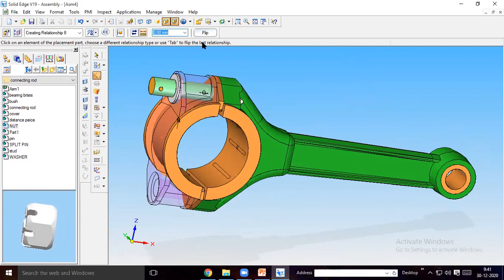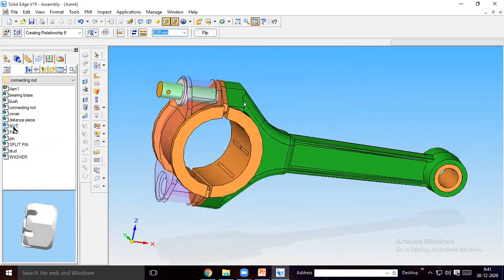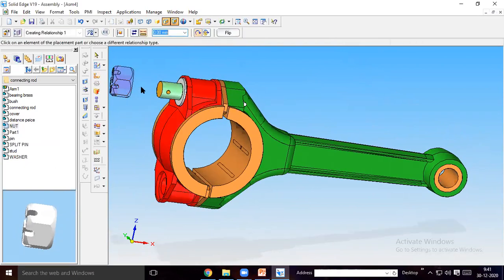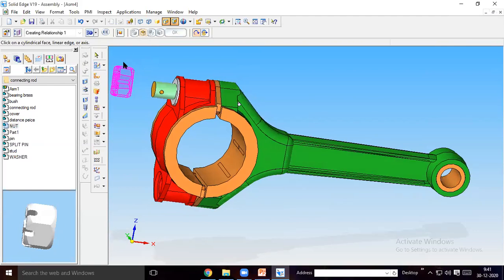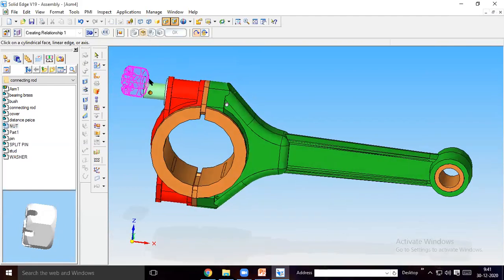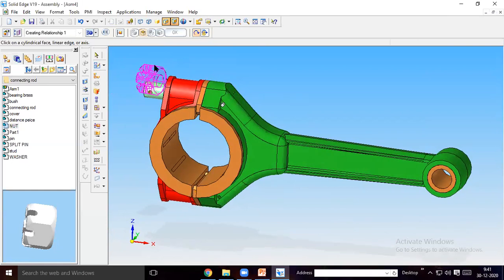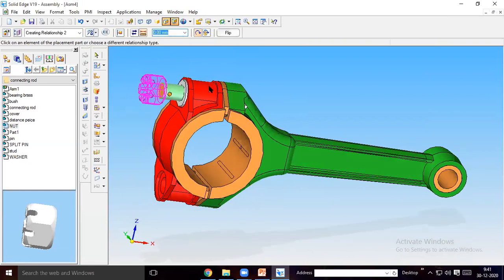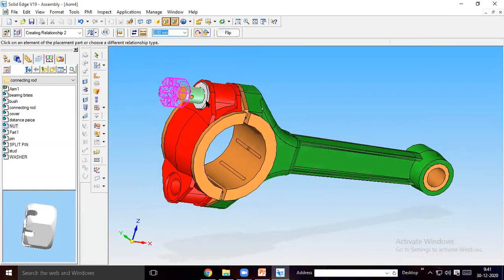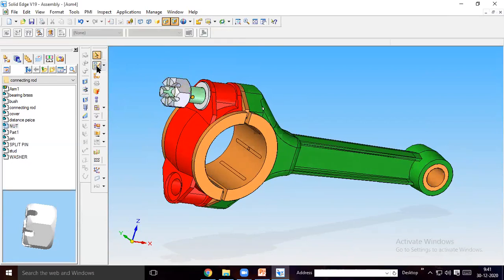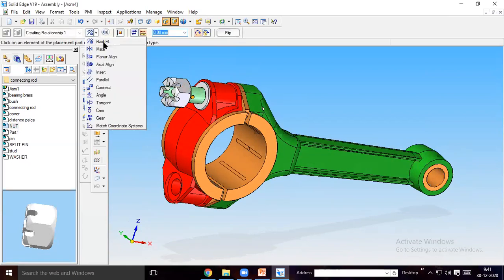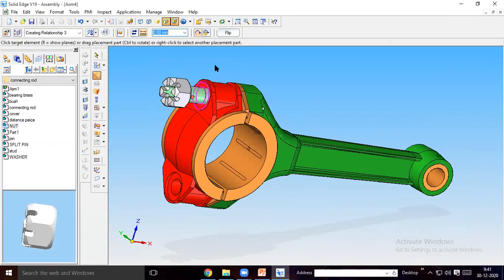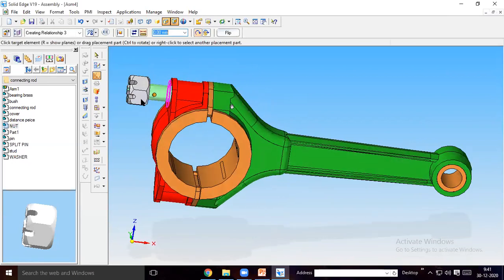We take right alignment, place the nut on the left side, then give axial alignment of this axis with this axis, and then give again flush fit of the washer top surface and nut bottom surface.